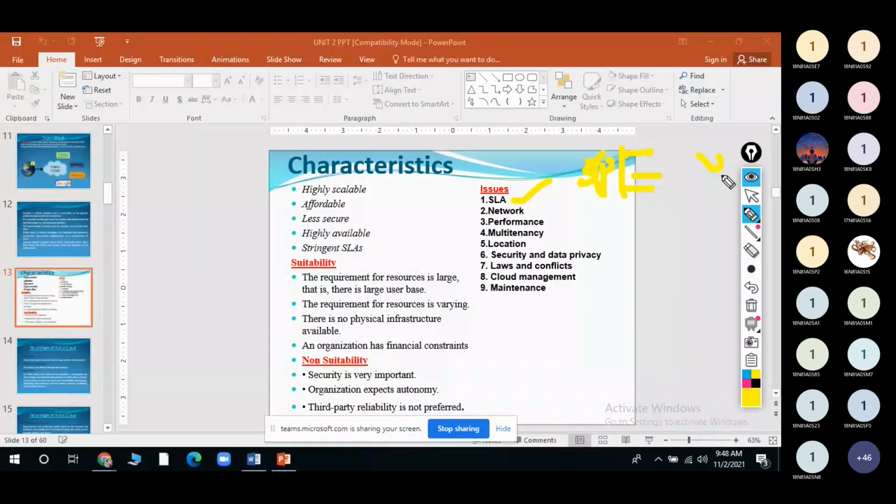If the service provider is not providing the services according to this SLA, then a penalty will be added to the service provider. If the user is misusing the services, then the penalty will be for the user, right? That's why we are saying that it will be following stringent SLAs, for both of them, service providers as well as users, right?